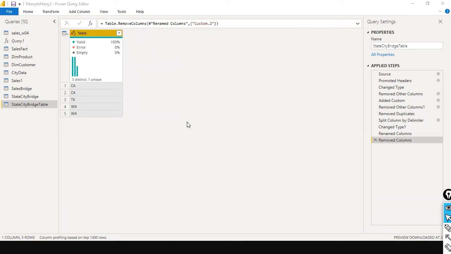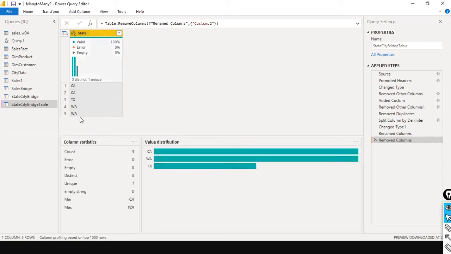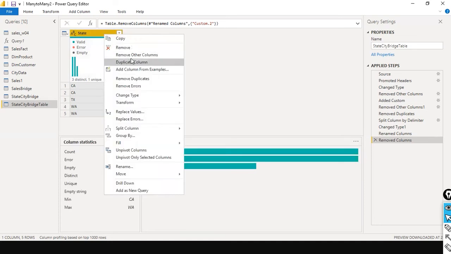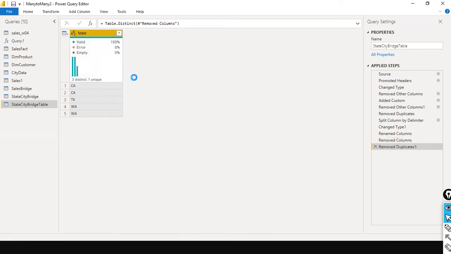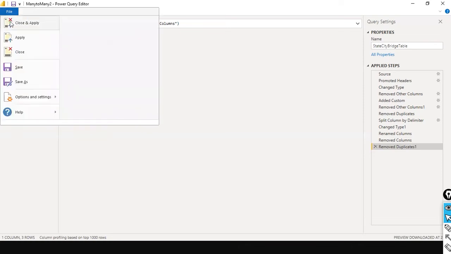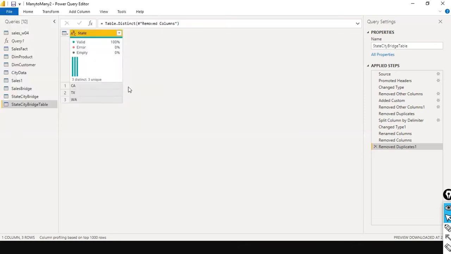Unique key values, you need to have it in the bridge table. That's what I have shown you in the call center data also, right? So here I have duplicates in the bridge table. I just right click on it, remove duplicates. Now I have unique values here. Fine. If I close and apply it,